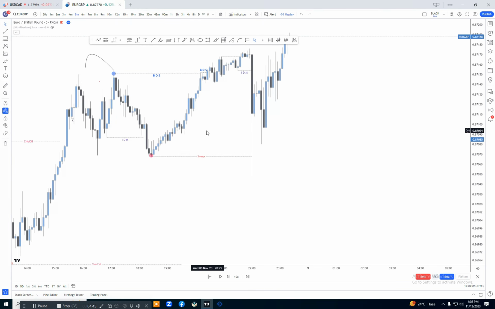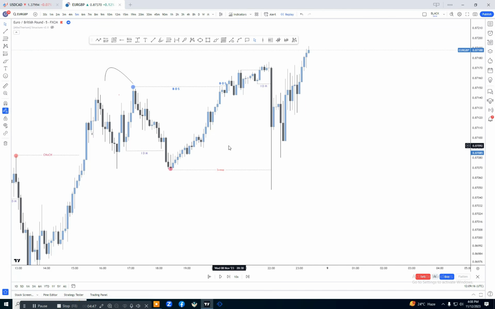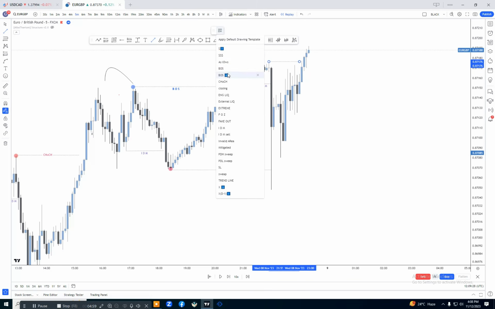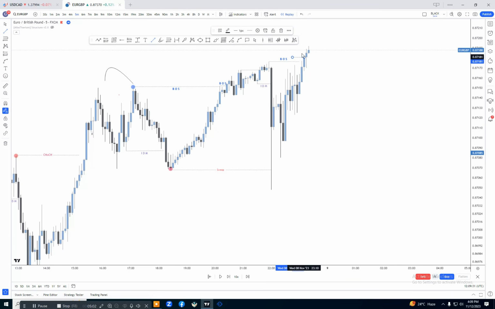Now what to do now? In this case we will again just shift our trend to the next area like this. If the market has swept that low and again closed above the previous high like that, this is our breakout structure. Breakout structure is confirmed whenever the market gives us a candle closing confirmation. Here is the closing point like that. Here is the closing point. After the closing of the candle, our breakout structure is confirmed.